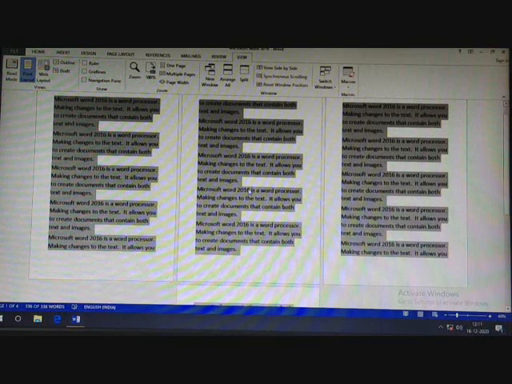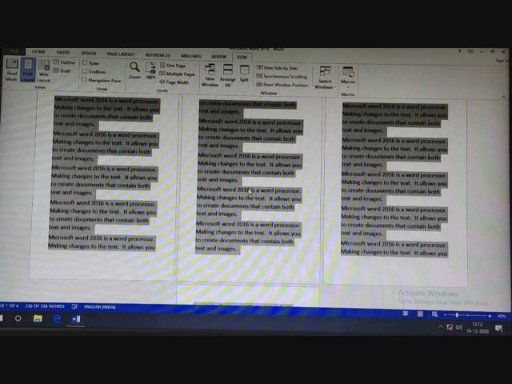So we will repeat it once again. If you want to select the left character, right character, up line and down line, you have to use shift plus arrow keys. If you want to select to the end of the current line or the beginning of the current line, you have to use shift plus end key or home key. Like that, if you want to select till the end of the document or the start of the document, at that time you have to press shift plus control plus end or home key. And to select the entire document, you have to press control plus A.